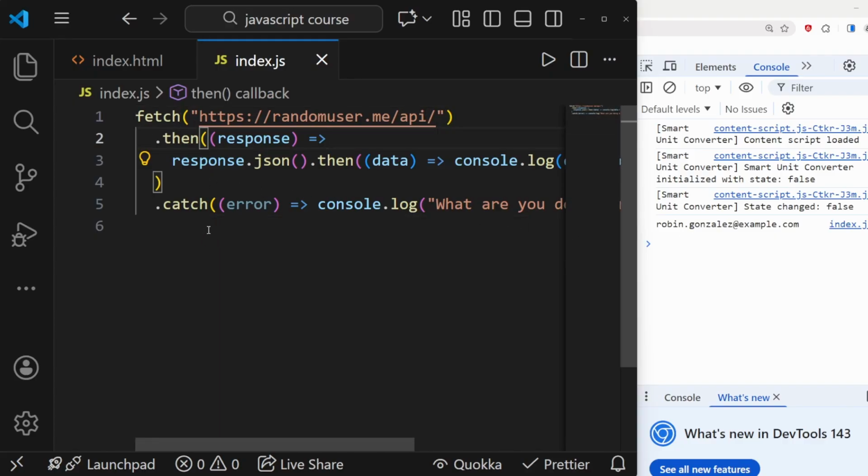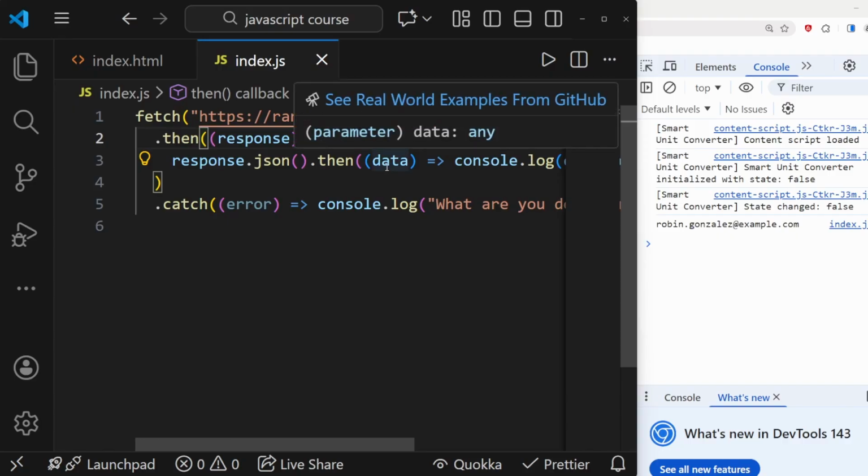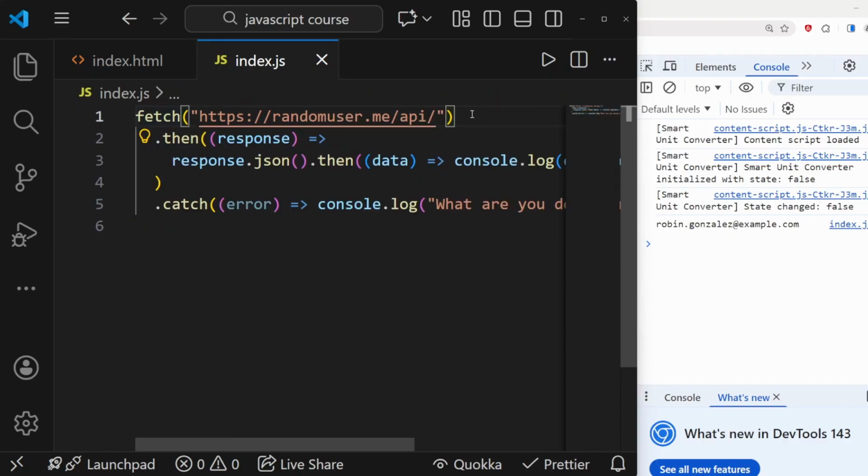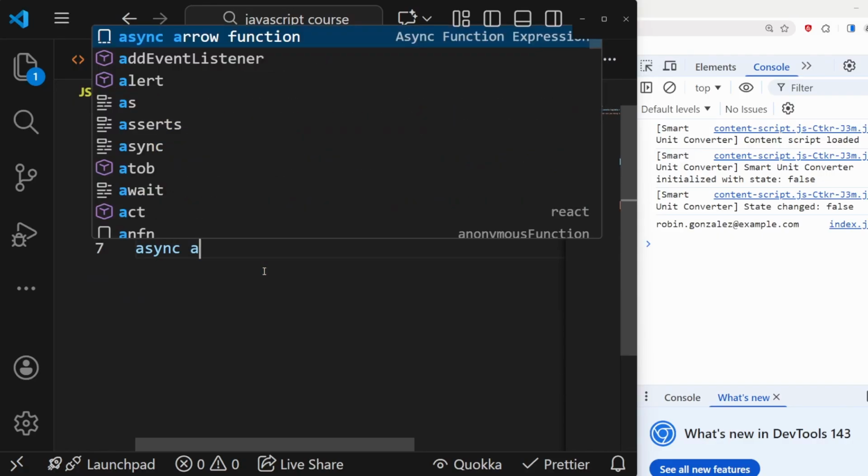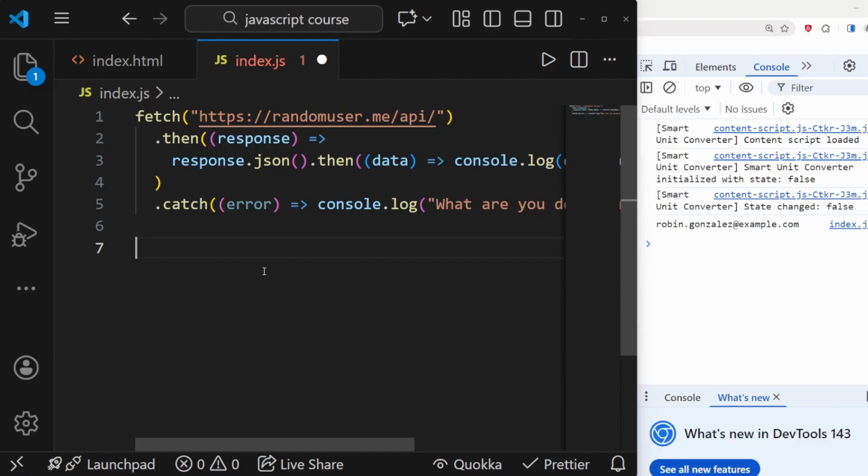But in modern JavaScript, you usually don't use those then and catch chains anymore. Because of course there could be a lot of different promises. So as you already saw, this fetch request returns a promise, then this response.json call returns a promise, and so on. And you already see that this looks pretty weird and is not really clear overall. So the alternative is to use async await. So let's create a function, for example, const fetchData that is going to be equal to